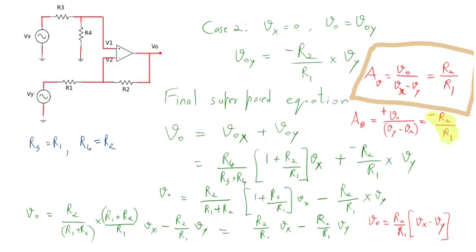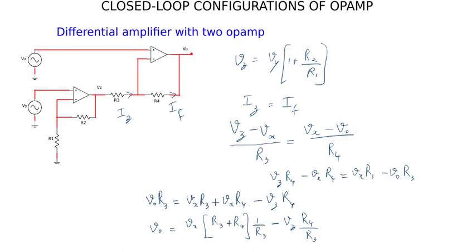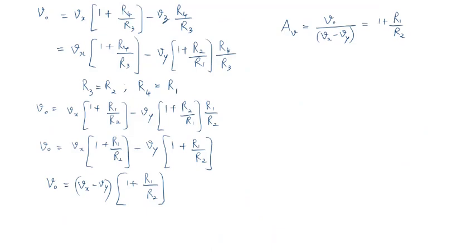In the previous case, we were having a voltage gain that is minus R2 by R1. It looks like an inverting configuration gain, right? Minus RF by R, something like that. So this is like an inverting configuration, but in this case we are having a non-inverting kind of configuration.